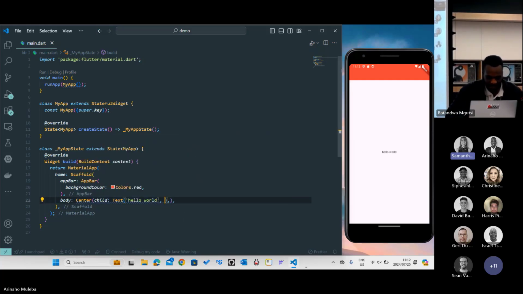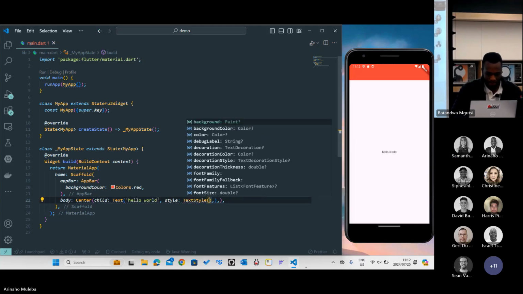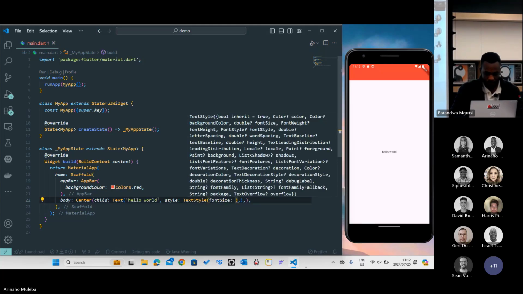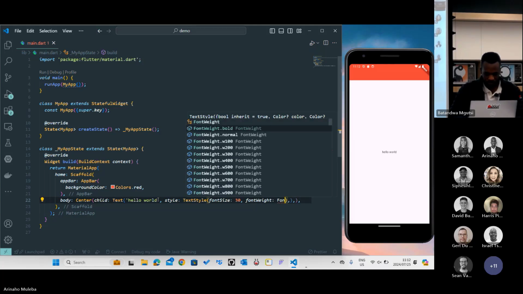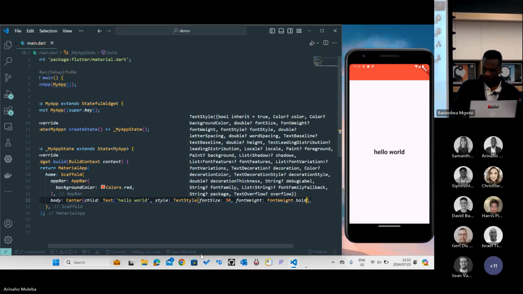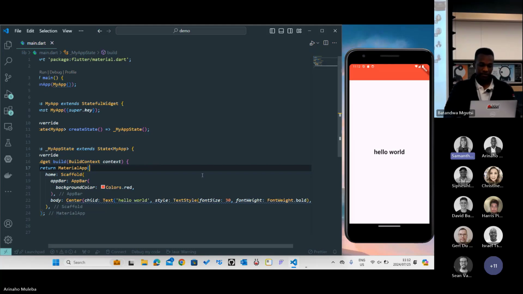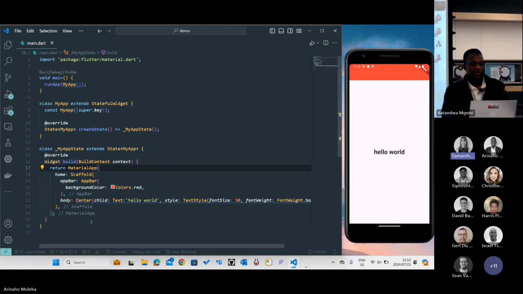So let me just change the style so that you can see it clearly. Okay, now I made it a little bit bolder. Now let me take you through how you manage the state, as this is a stateful widget.